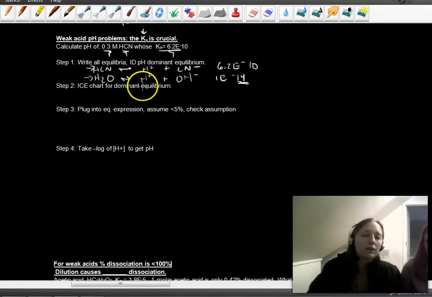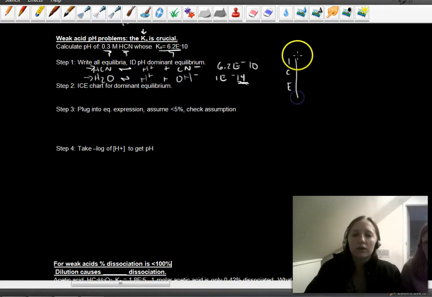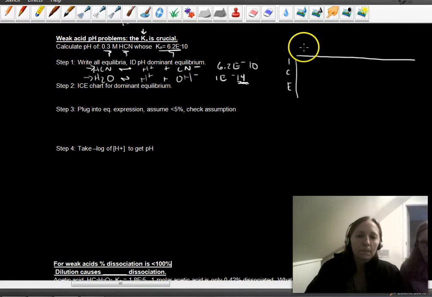All right, so we've got to write an ice chart for our dominant equilibrium, which we should remember from our equilibrium lectures. Don't forget you want space for the next